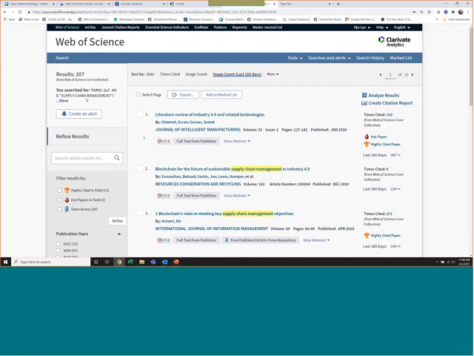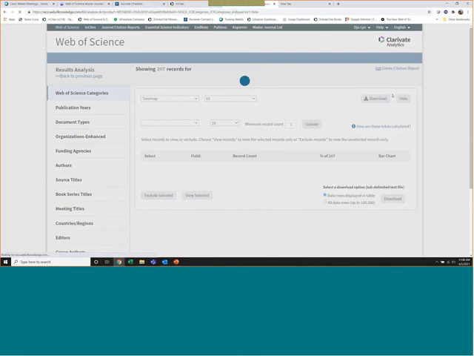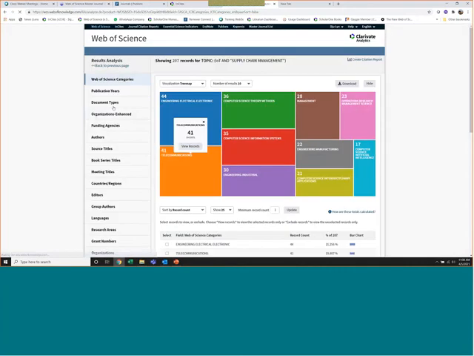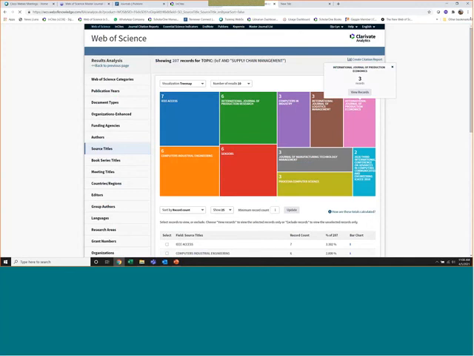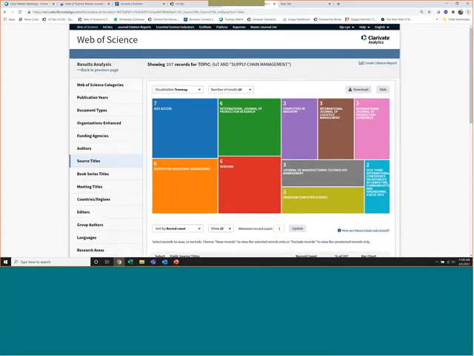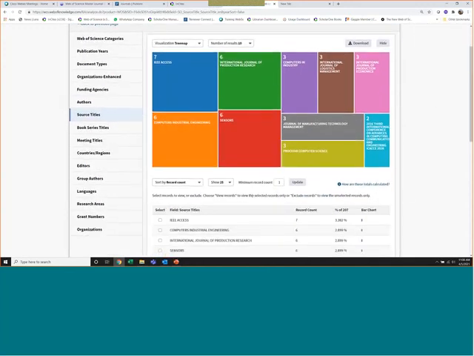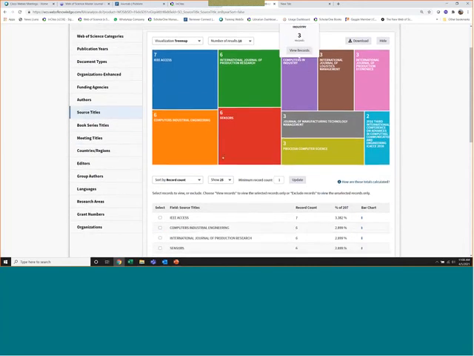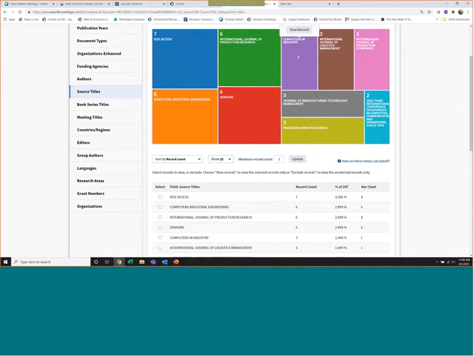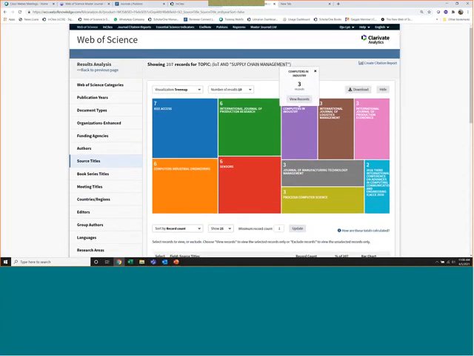Then you can quickly identify the journal titles by going to Analyze Results, and then going to Source Titles. So these are the titles of the journals or even proceedings that publish in IoT supply chain management. From here you can then easily find suitable journals for your own specialization.